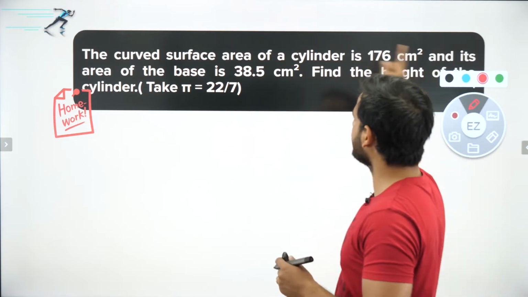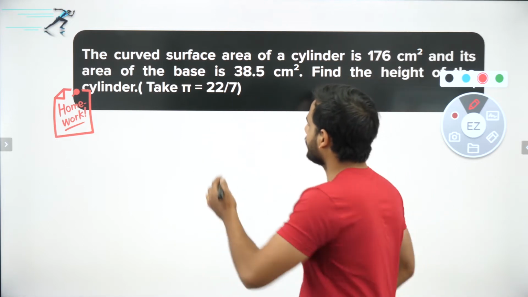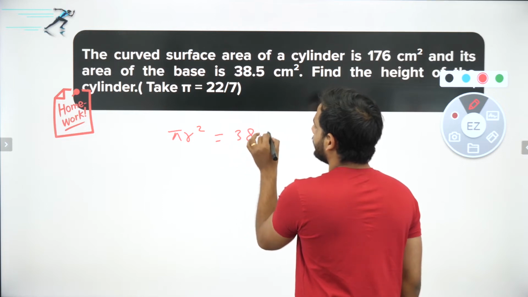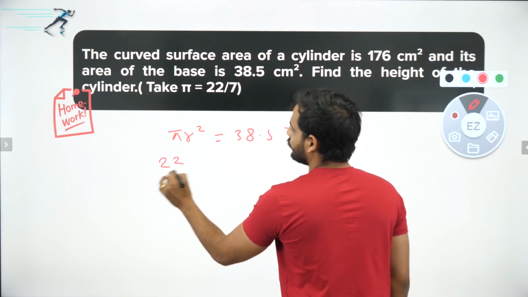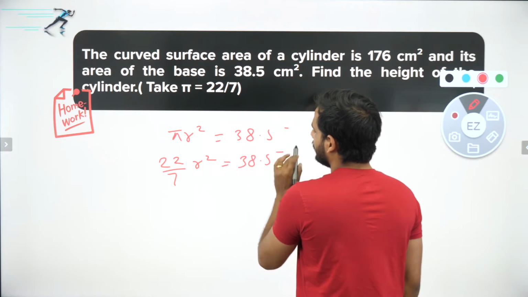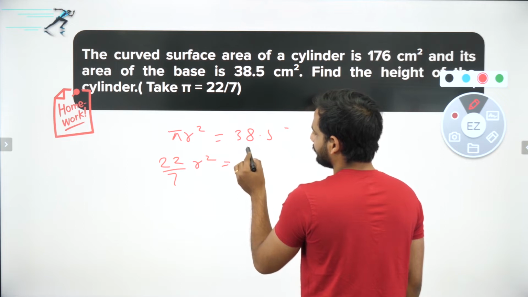Then they have told the area of the base. What is the base of a cylinder? It's a circle. So the area of the base, which is pi r square, they have told is equal to 38.5. So pi is 22 by 7, into r square is equal to 38.5. 38.5, if you convert it into the fraction form, you will be getting